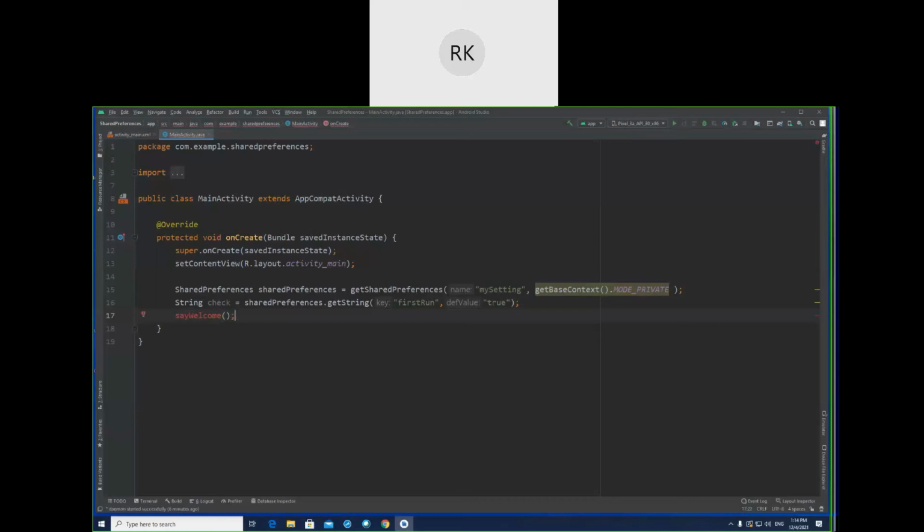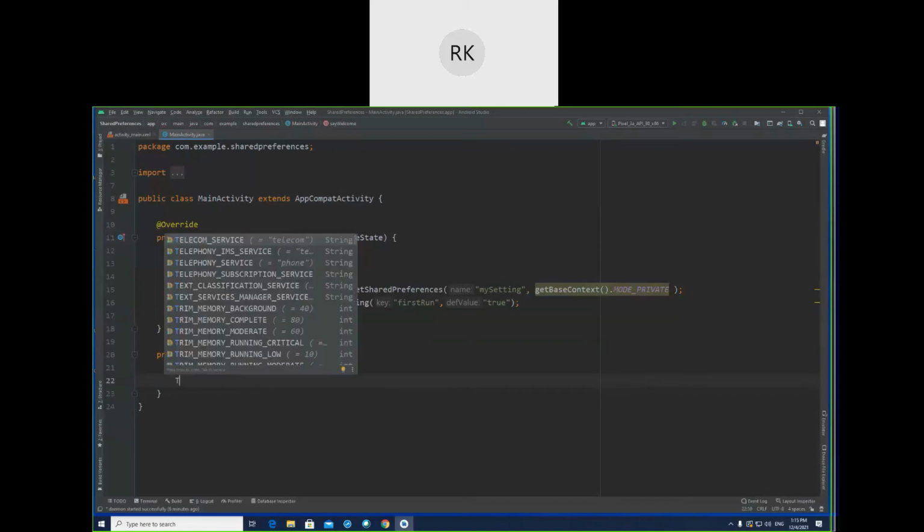I'm calling this function, and when we call a function and that function is not defined, Android Studio will highlight it, and if you click this, it will ask you to create that function for me. Then you can create that function, and in this function, I think we should simply display a message. Maybe a toast message.